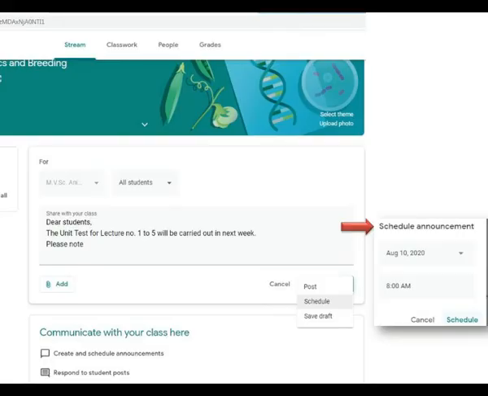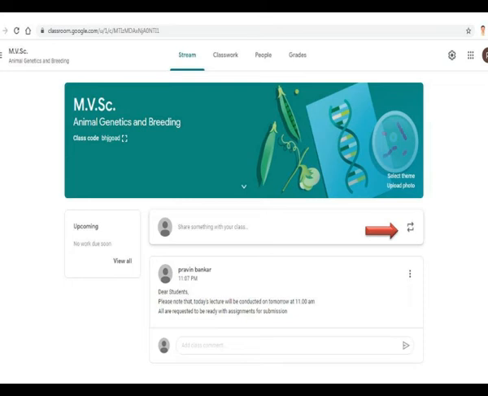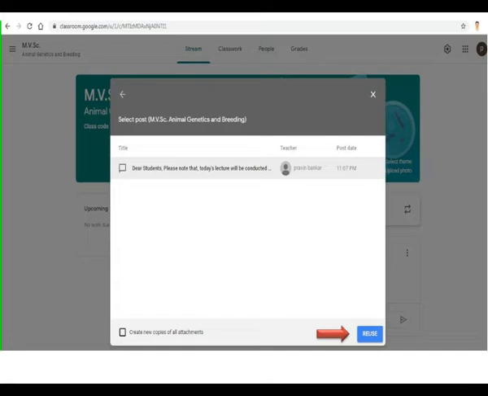You may post your message or announcement on a pre-assigned schedule, so you can select the date and time of your announcement also. Once you post your announcement, you will be able to see it in the stream section. Also, you can reuse an earlier posted announcement for further application by selecting the reuse arrow available at the top